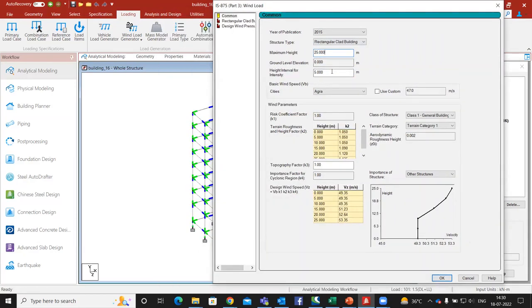And now type the height interval for intensity to use for developing the height versus intensity value for the wind load definition. It is this. The default value is 5 meters. This means at every 5 meters of interval, the wind intensity will be changed. Now moving on to